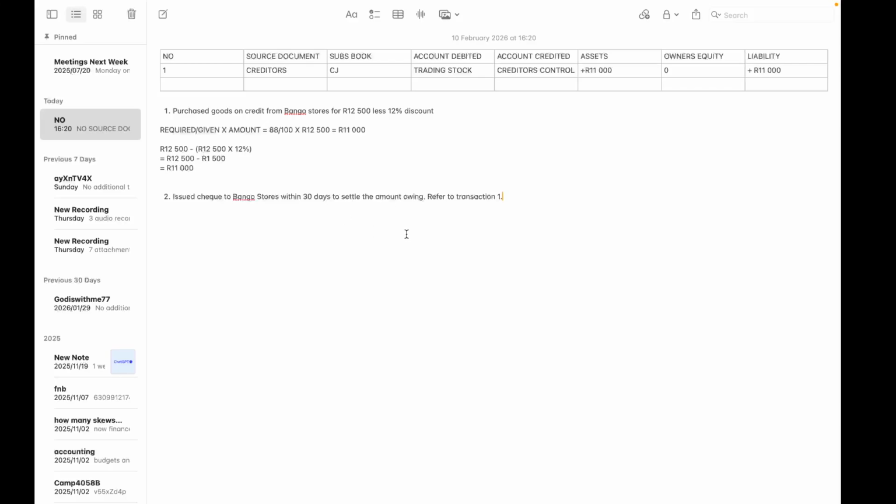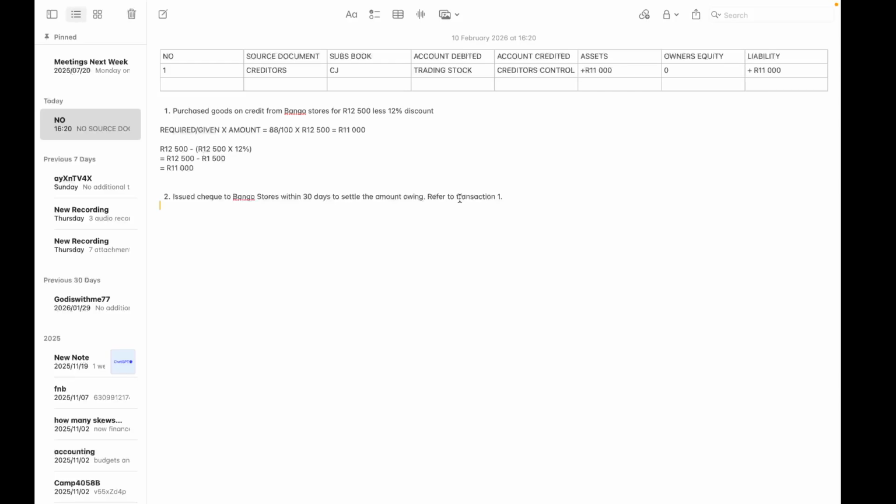Right, so with transaction 1, which is this, they tell us that there's going to be a 5% discount if you settle within 30 days. So of course here they say that we issued a check within 30 days to settle the amount owing, therefore we qualify for the discount, right? Okay,